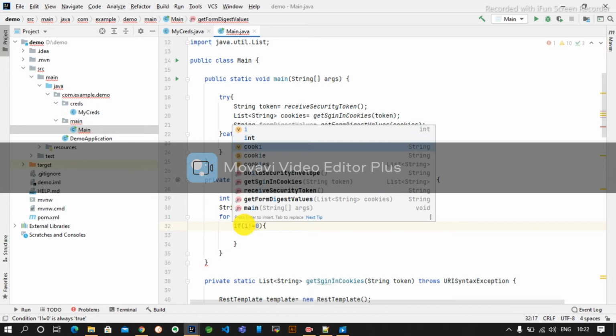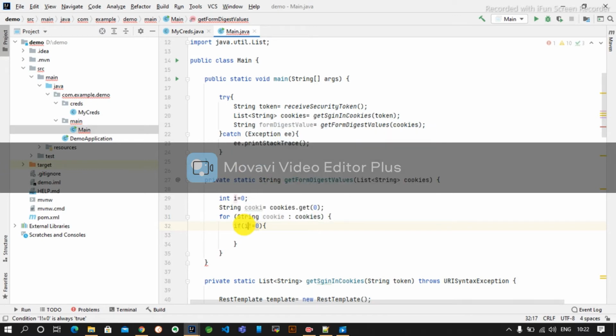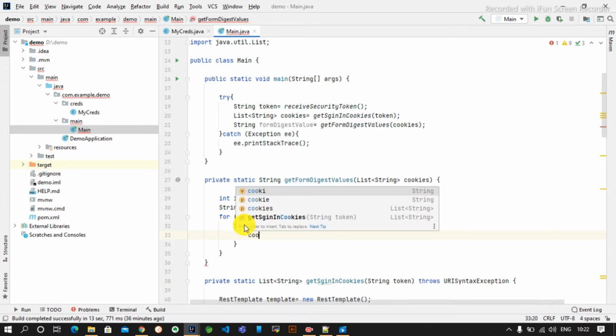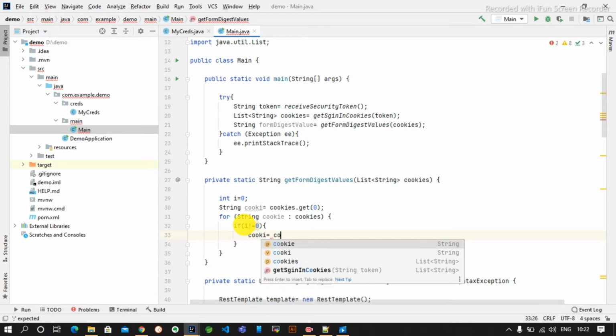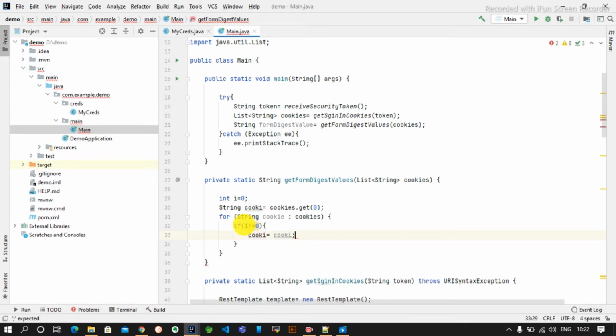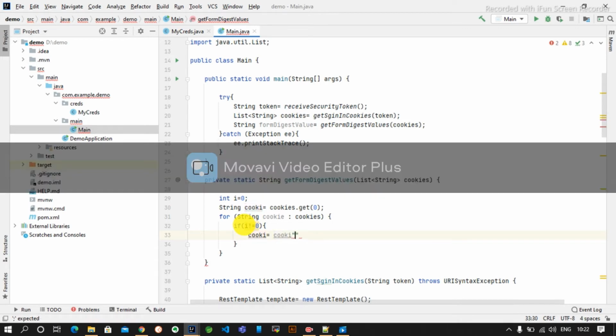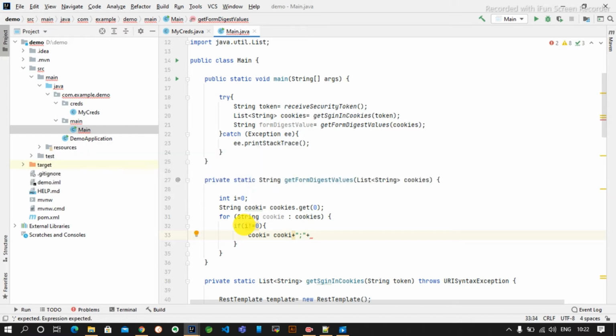So if i is not equal to 0, we will append it: cookie equals cookie plus a semicolon plus the next cookie.